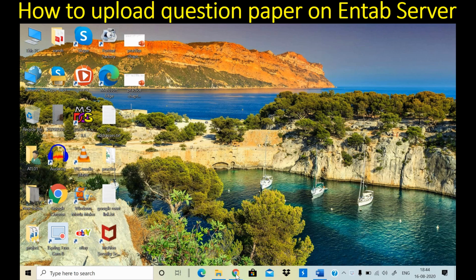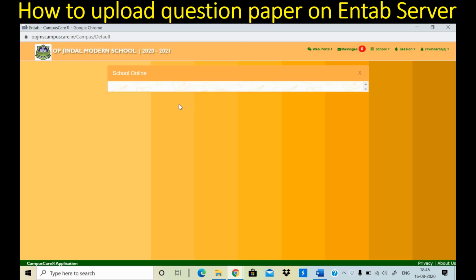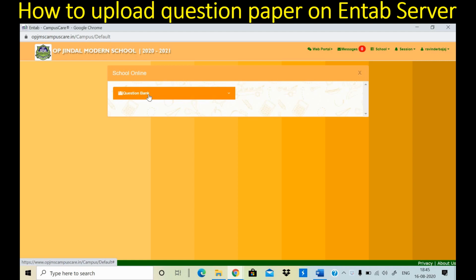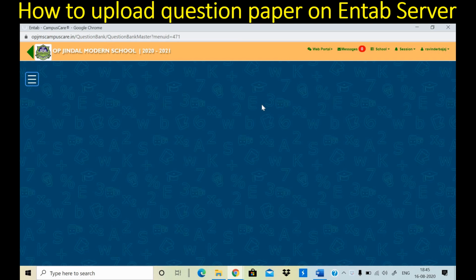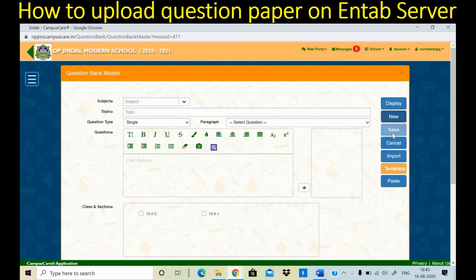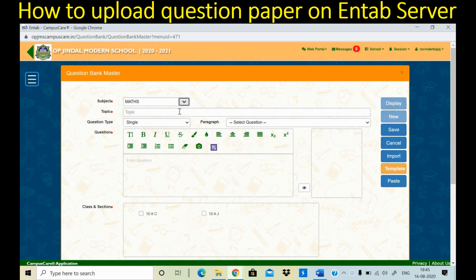Now I will upload some MCQ questions. After login, click on School Online. Question bank master. Here you press new, subject, mathematics, topic, MCQ.